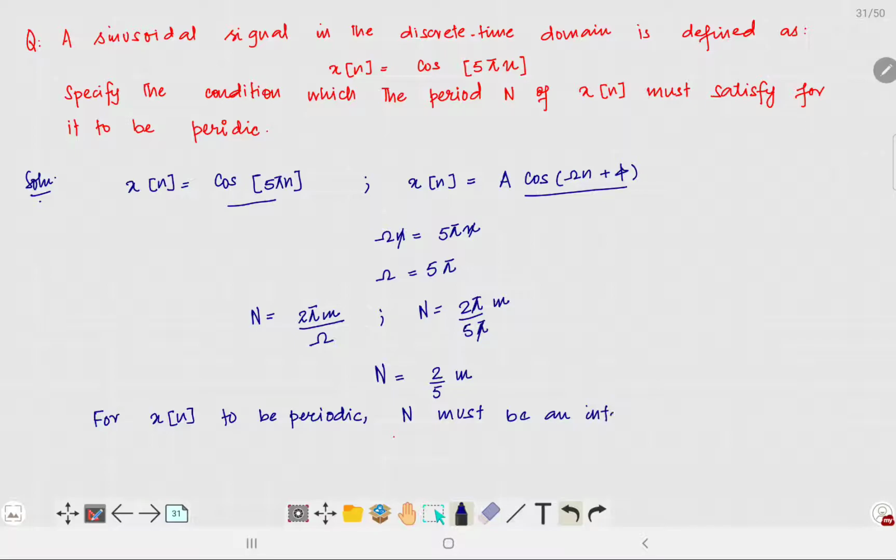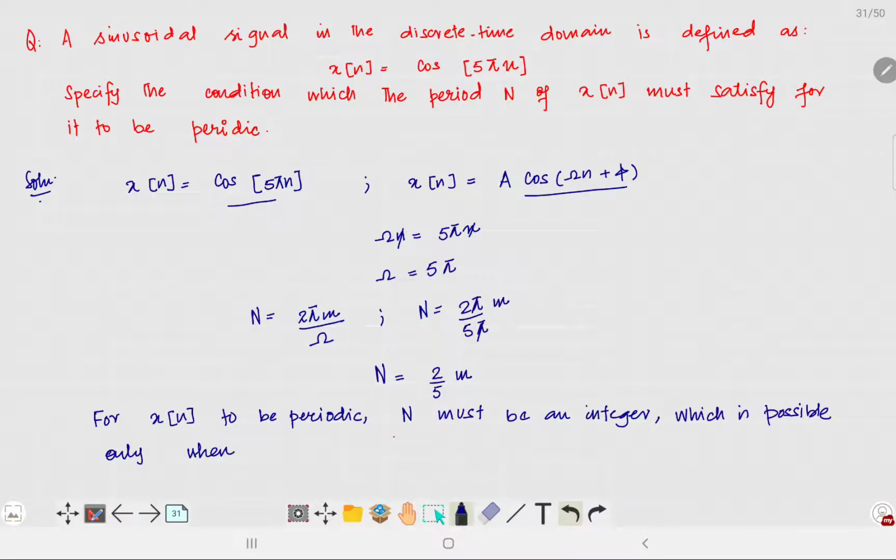This is the basic fundamental condition in the discrete time case: the time period has to be an integer value. It cannot be a fraction. Now let me complete the statement so that it is clearer. Which is possible only